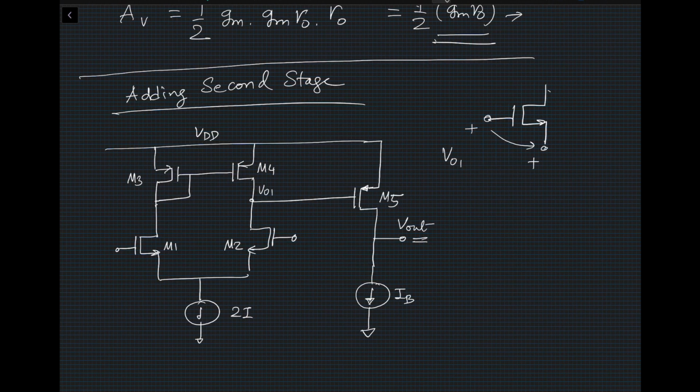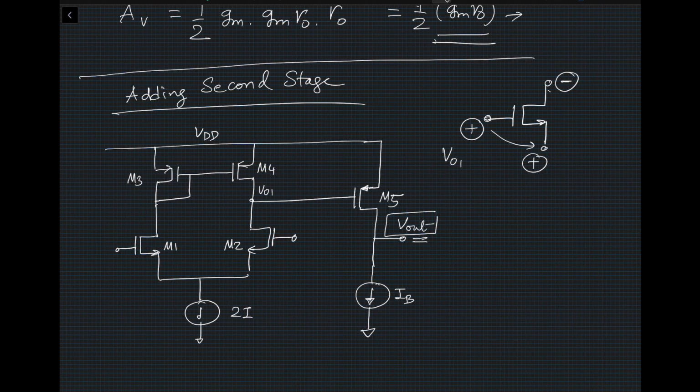Makes sense, right? Because if the gate goes up, and the transistor is carrying current, then the source has to go up also. However, when you look at the sign from gate to drain, then there is an inversion. So this is the thing that you need to remember. For example, we are trying to figure out if M1 is the positive input or M2 is the positive input. What we are expecting is V out to be a positive output.